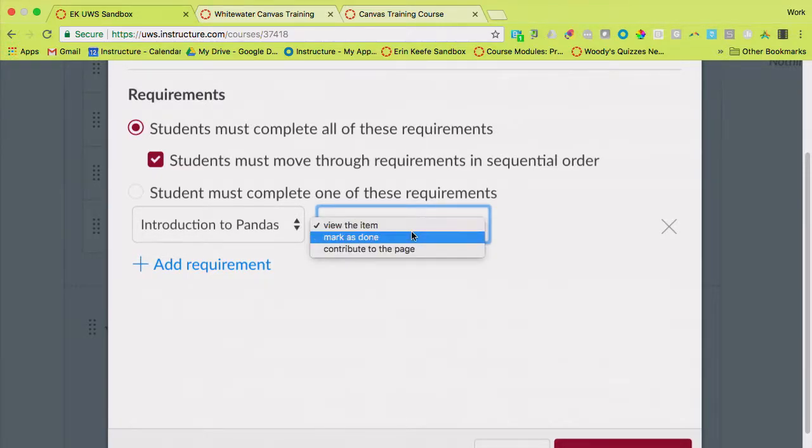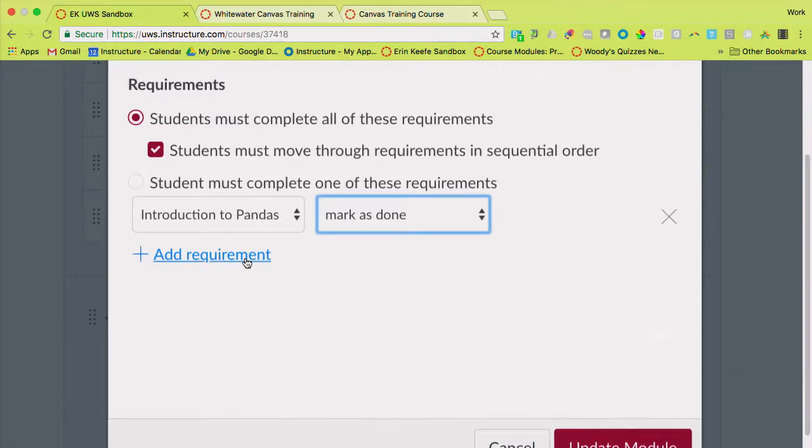The other option you have in Pages, which I like even a little bit better, is Mark as Done. What happens on those pages, because that's just the way I'm going to deliver content to them, that might be an article I need them to read, or it might be a PowerPoint I want them to look at, or it might be a video, is they're going to get a little button that says complete on it. My hope as an instructor is that they think twice before hitting that button. Now, some people won't, right? And they're probably just going to hit the button to move on. But I'm going to actually set that requirement to be Mark as Done.